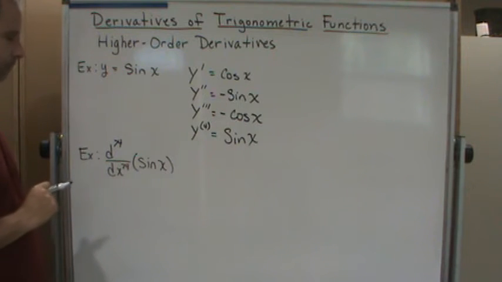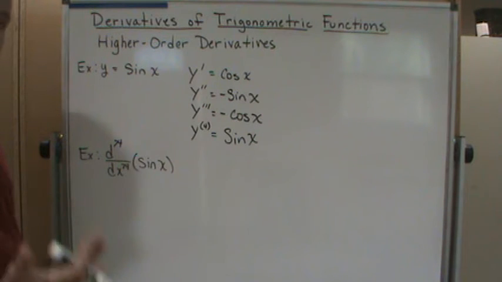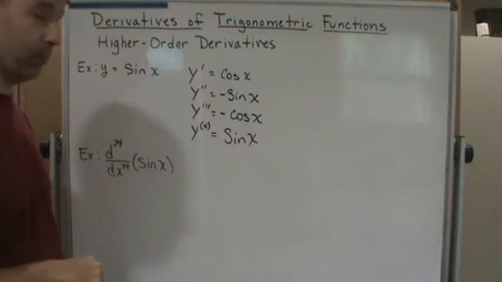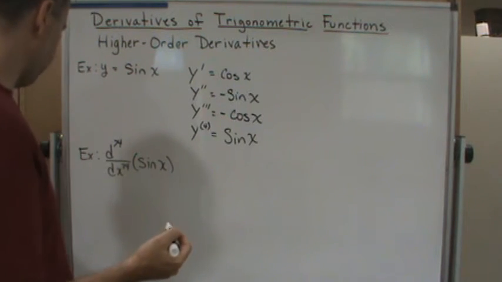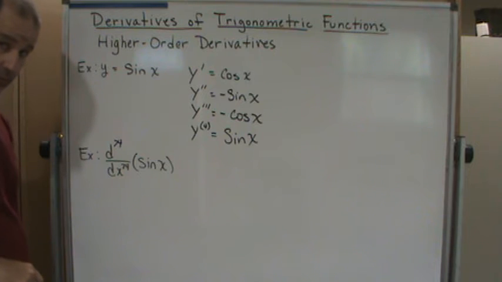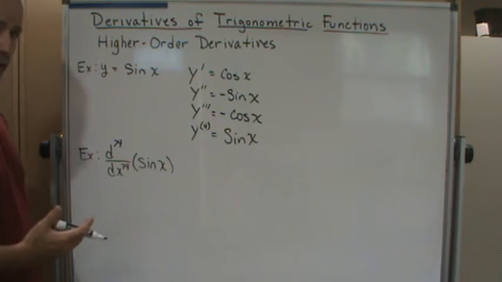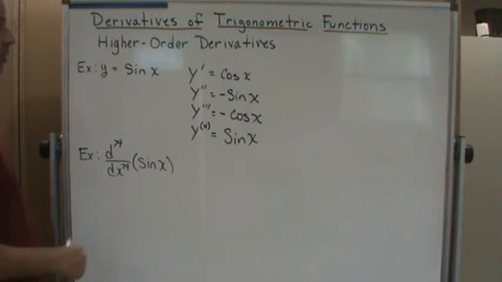So that's the pattern. So now we can use this pattern to simplify higher derivatives of sine that are much higher. Okay? For example, here we want to find the 74th derivative, right? Well, how would we do that? Well, I don't want to take 74 derivatives of this thing, so let's use the fact that it repeats itself